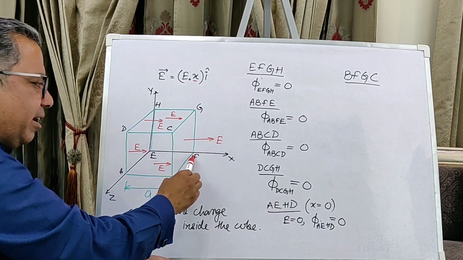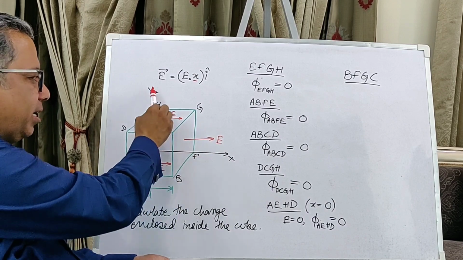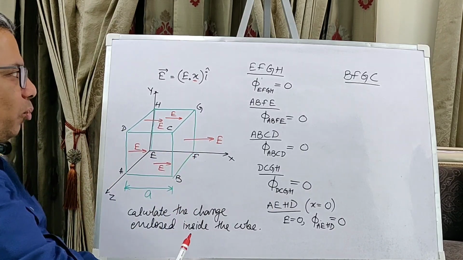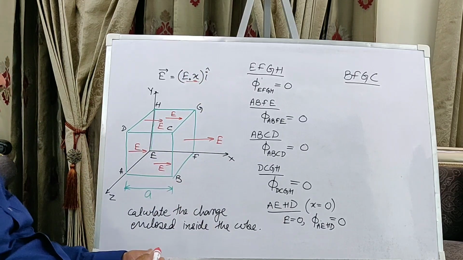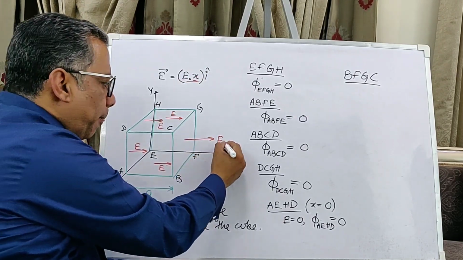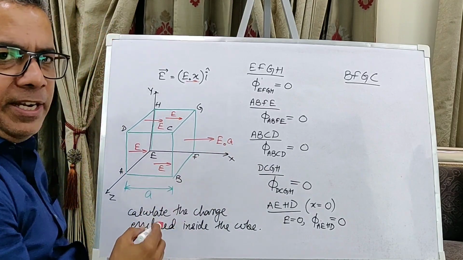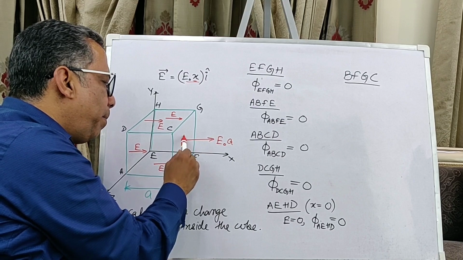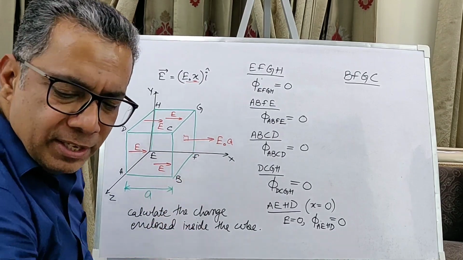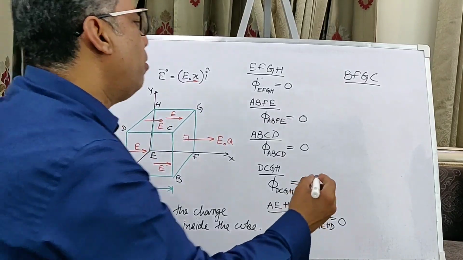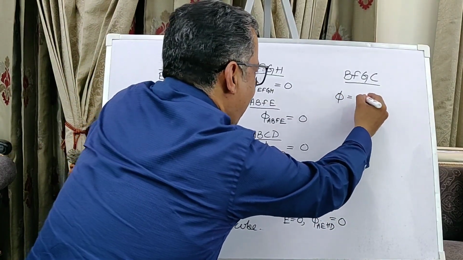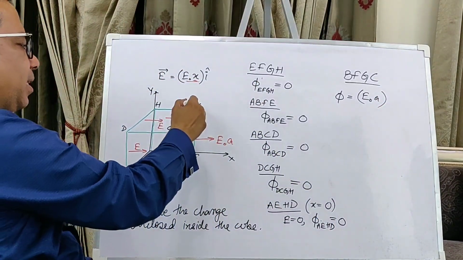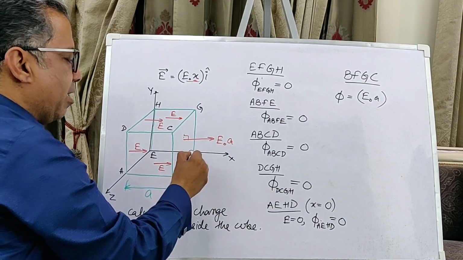All points on this line therefore are at the same distance a from the YZ plane, and therefore the x coordinate all over this entire face will be a, and therefore the field has a magnitude E naught times a. So E naught a is the electric field. It is constant at all the points, and it is also perpendicular to the surface at all these points, and therefore the flux will be the magnitude of this field times the area of this face. The area of this face is of course a times a,